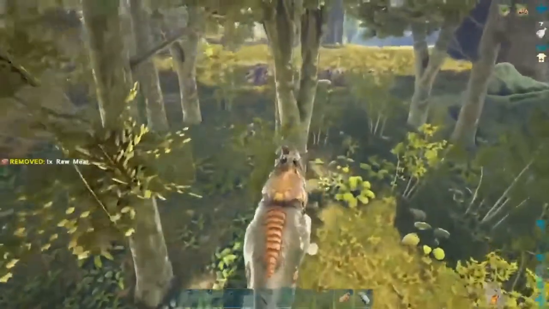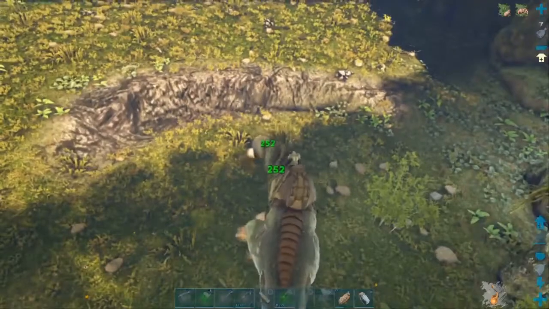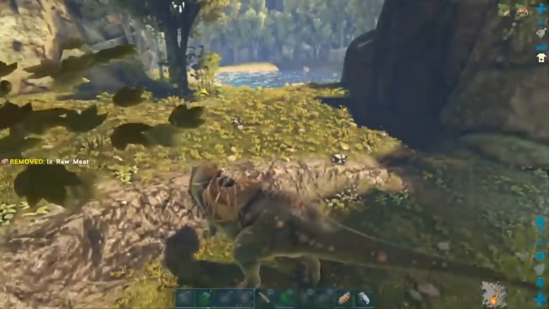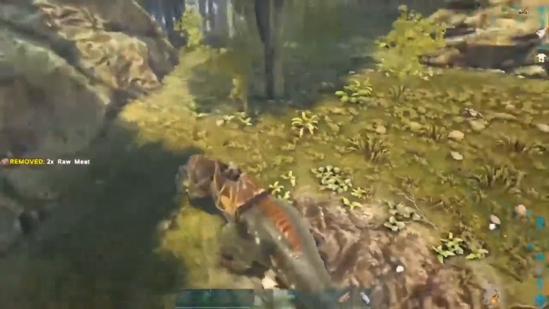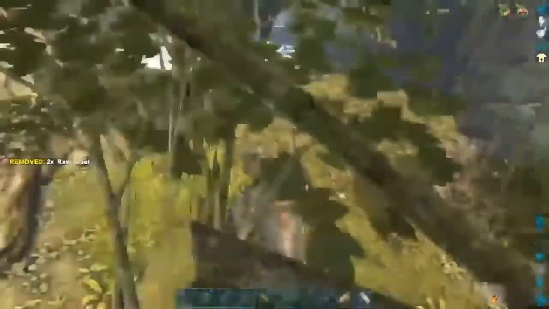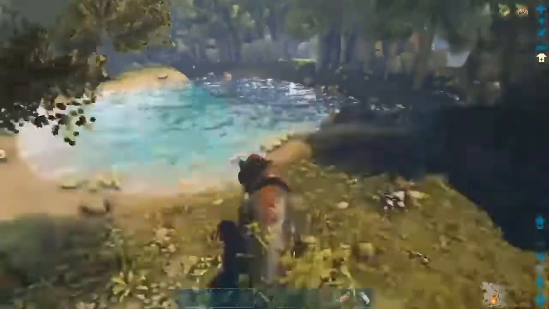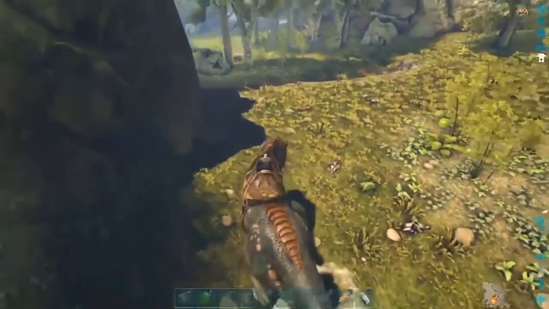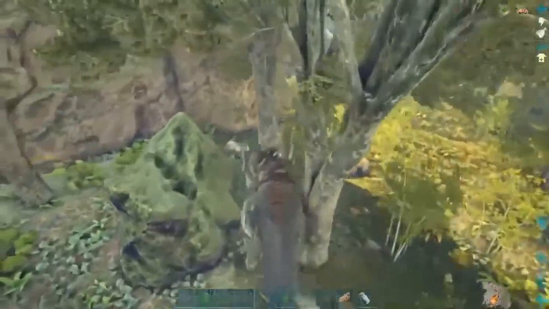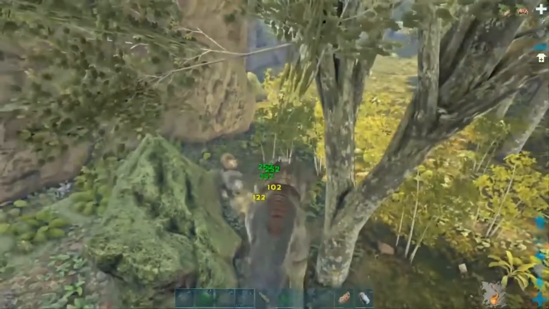The advantage of a taming pen is like this. Mostly taming pens are for knockout tames, to put an animal unconscious and tame it that way, not passive tamings. That's another story. So the advantage of taming this kind of animal with a taming pen versus taming in the wild is